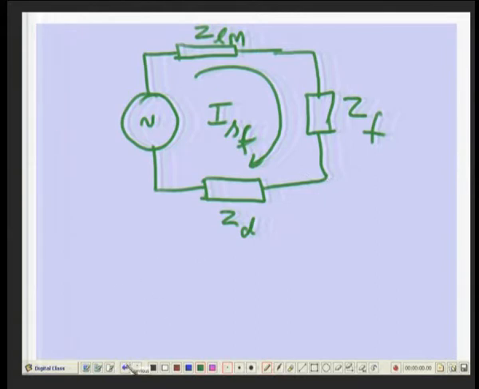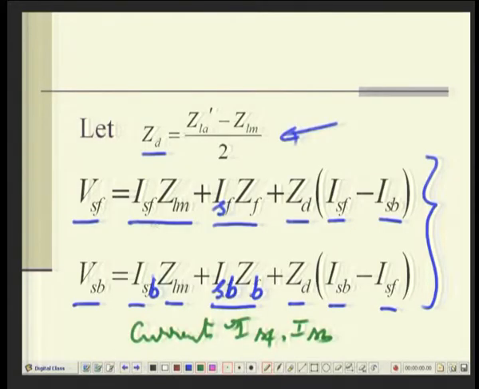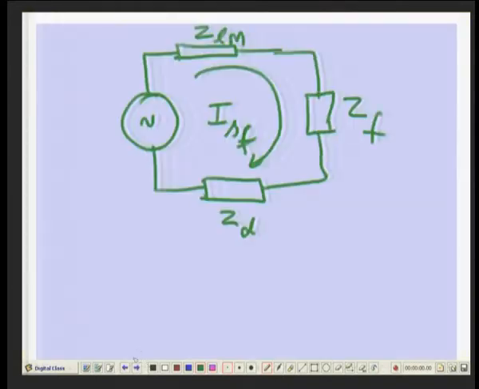Agreed? ISF, ZLM, ZF and ZD, all of them will be in series. That is the loop impedance as far as ISF is concerned, but there is also a minus ISB ZD. So, the ISB will flow like this,